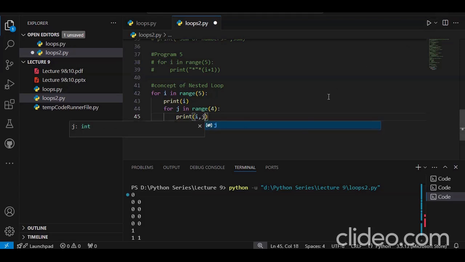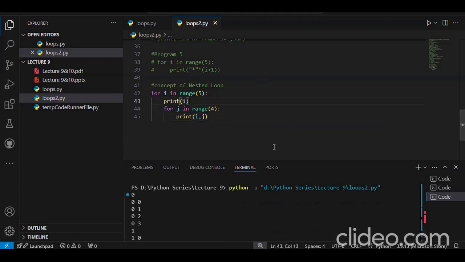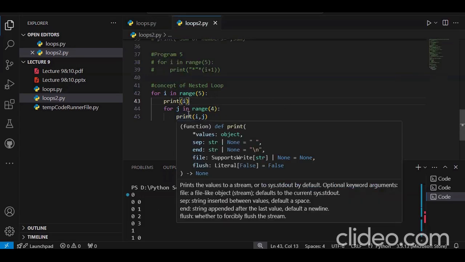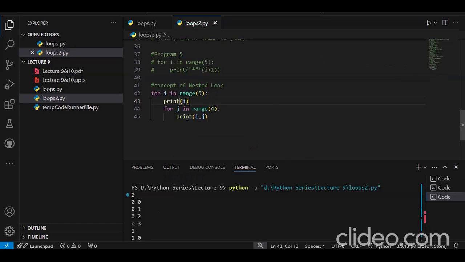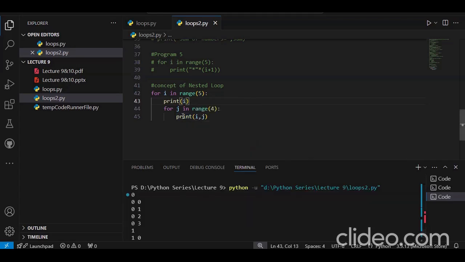I will run this once again in order to show you. So print i, it prints 0. Now for j in range 4, what is the value of i? It's 0. What is the value of j? It's 0. Now it doesn't get out of the loop. It first has to complete this loop. What is the value of j? It is 0. Now it will be incremented, but the value of i is the same. It will be 0, 1, then 0, 2, then 0, 3, and then the